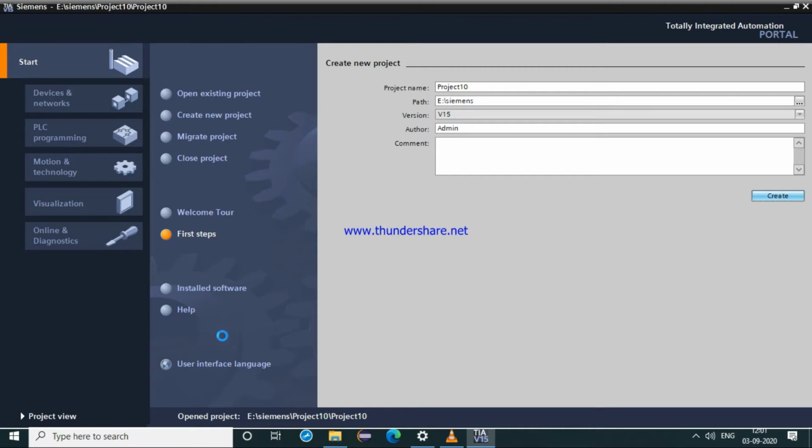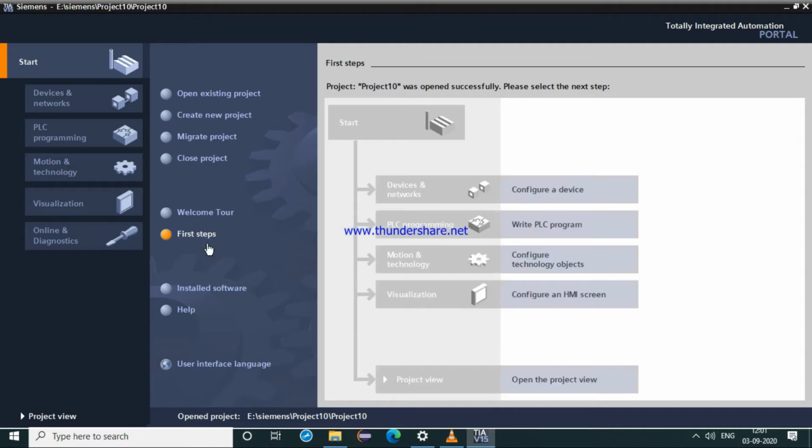These are the initial steps needed while creating a new project, and then there are different steps to interface our software with the hardware.